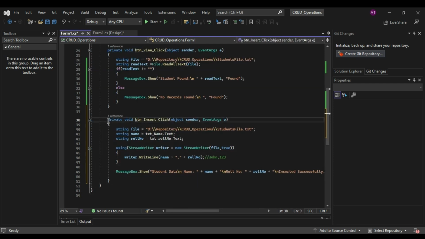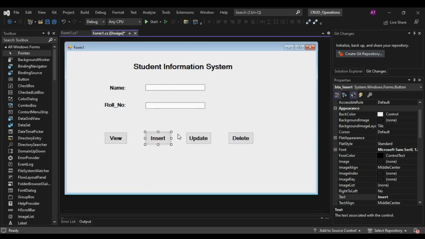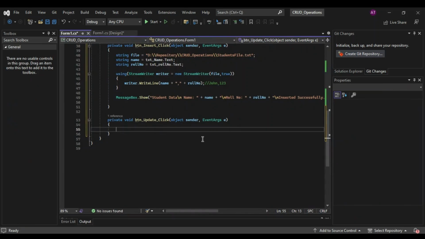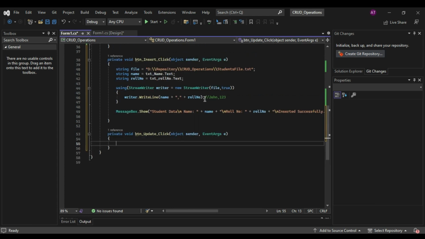So here our insert button is created successfully. Now we are making our delete. Next is view, insert, now making the update function, and delete is the last. So here you can see the delete function is available. Now the same thing is repeated. We can make